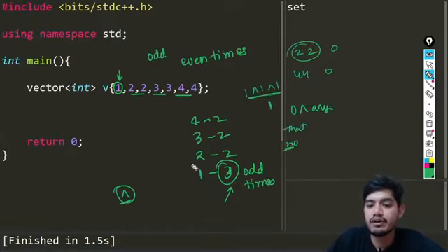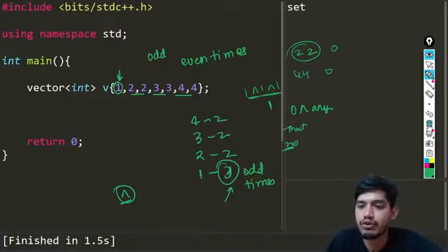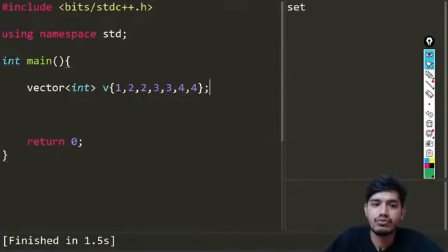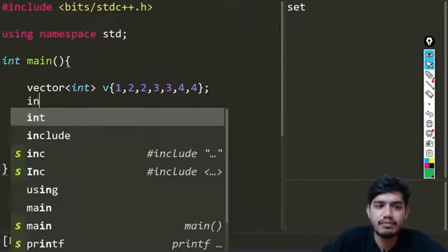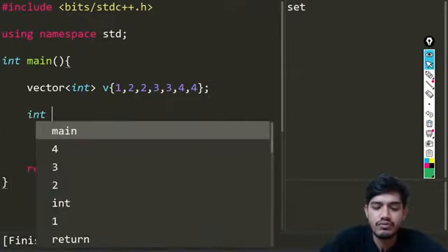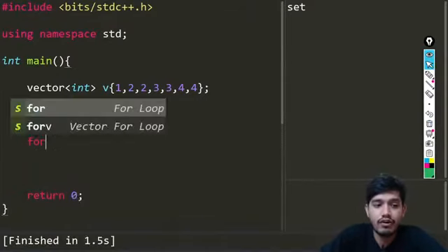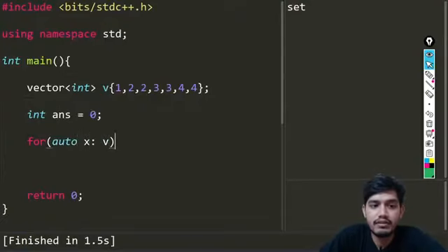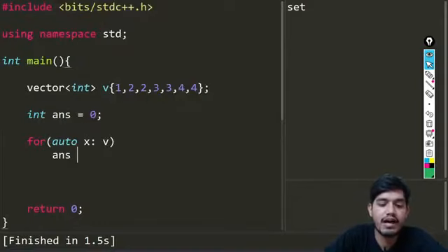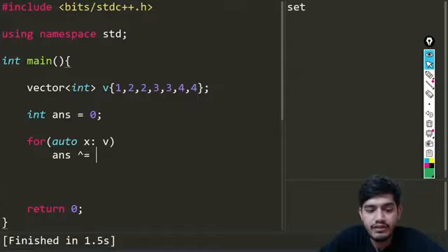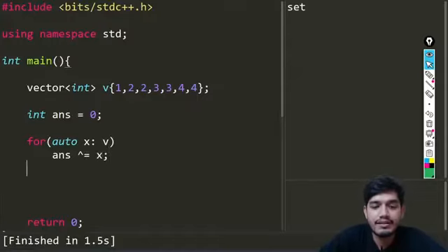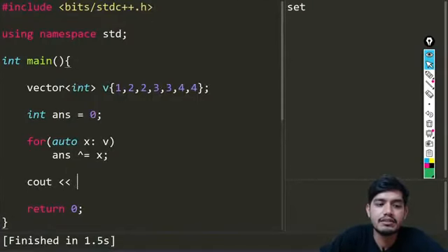Okay, so Vijay has already told that we are going to be using this XOR operation. For those who don't know how we are going to be using this, it is a very simple question and the most famous question here. We have this int answer, which we'll set to 0, and we'll just loop over this vector, and whatever the value is, we do an XOR with our answer. So answer XOR equals whatever the value is for x. At the very end, we'll simply print that answer.